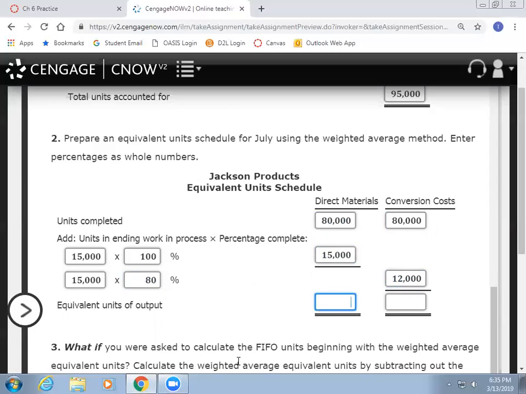So our equivalent units of output are 95,000 for materials, just everything from the period, right? All the materials we had. And conversion was 92,000. Well, if you remember from the last problem, those were in the 80s, like 85 and 86. So you can see that's where the big difference is. We get a different equivalent units of production, which changes how costs get assigned in the period, you know? So